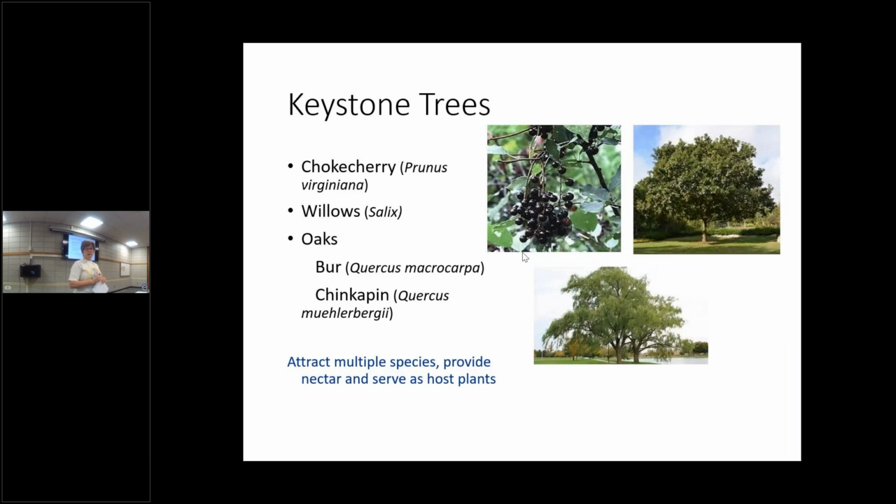Keystone trees. These are really, really important trees for butterflies because they provide shelter. They have the kind of bark that has crevices in it, and they have the leaves that caterpillars like, so that the butterflies can lay their eggs on these leaves, and then the caterpillars eat. And remember, going back to the birds, then the bird parents come along and grab those caterpillars and use them to feed their babies. So chokecherry, which you may see growing wild,